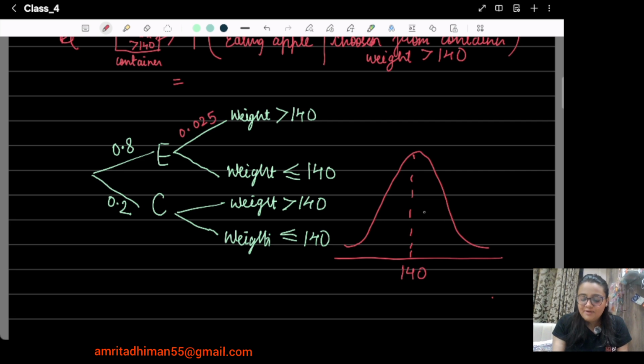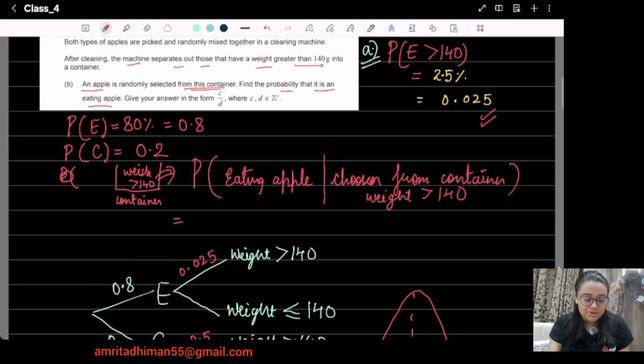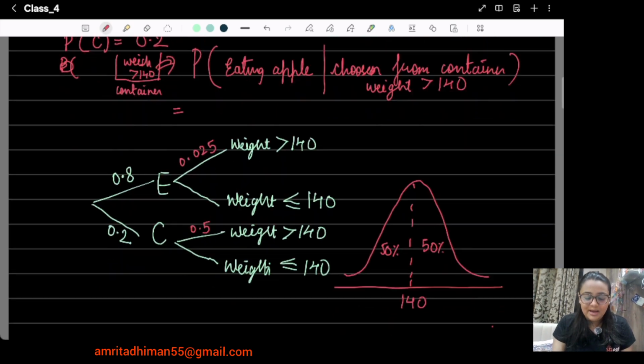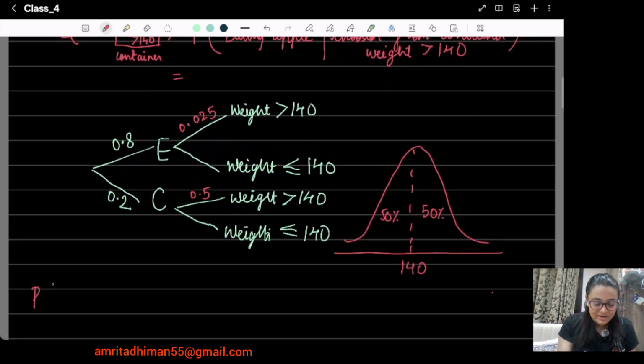So that means here we have a 50% probability, and here also we have 50% probability. So for greater than 140, it is 0.5. Okay, now according to this question in the B part, what we need to find out? We need to find out the probability of eating apple